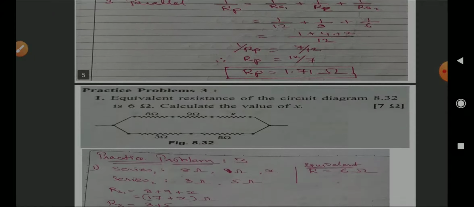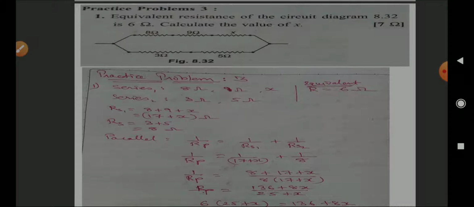So that's the thing in this one, that you require to find out the connections which are in series and connections which are in parallel. So first of all, you require to find out whether they are in series or not. So if you find out it is in series, then add, and if it is in parallel, then take the ratio. So 1 upon Rp is equal to 1 upon R1 plus 1 upon R2, and then again if it is in series, then add together.